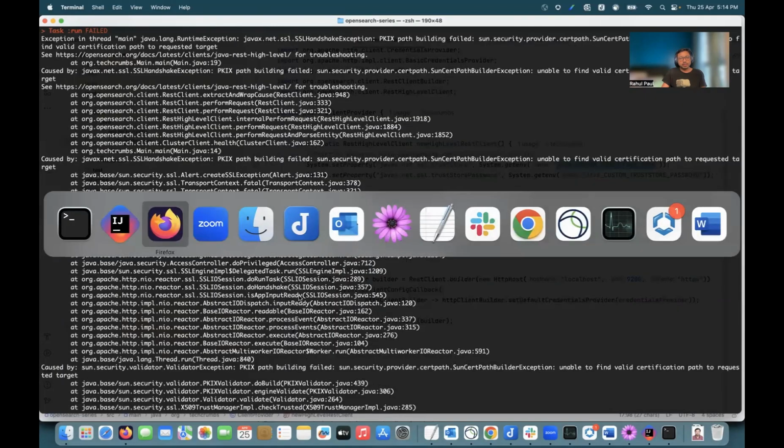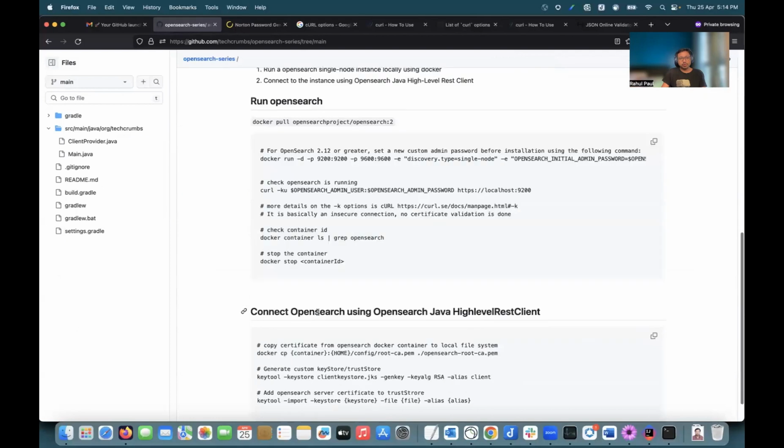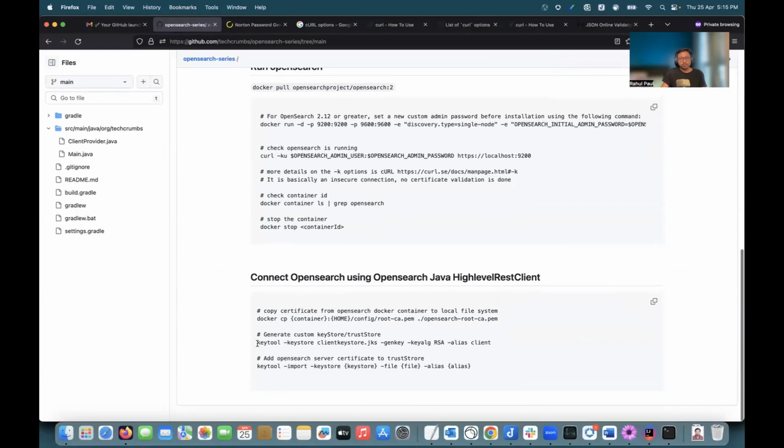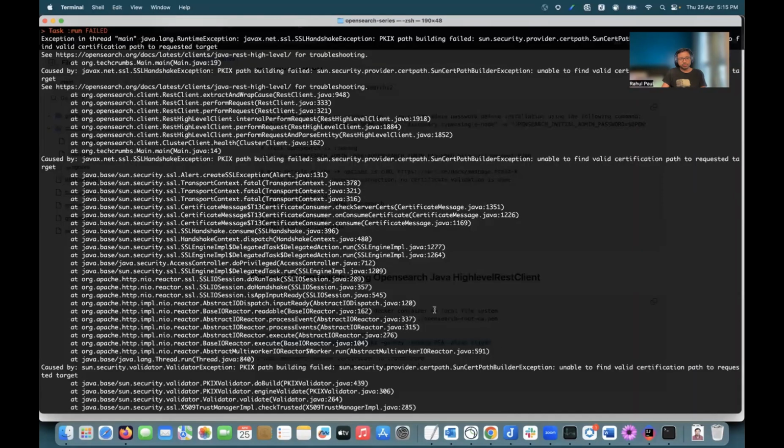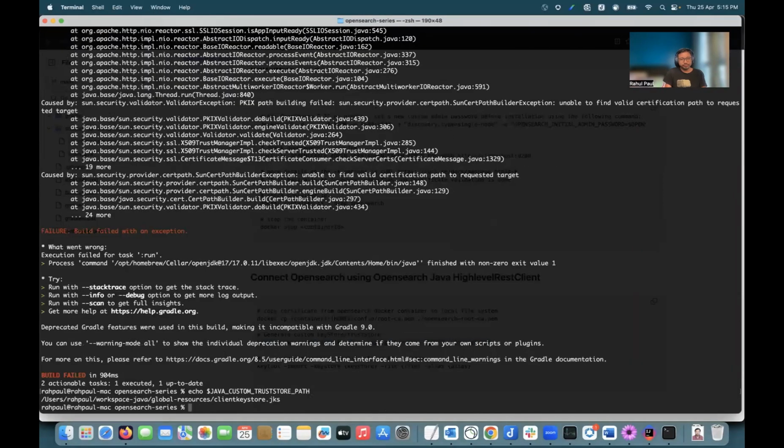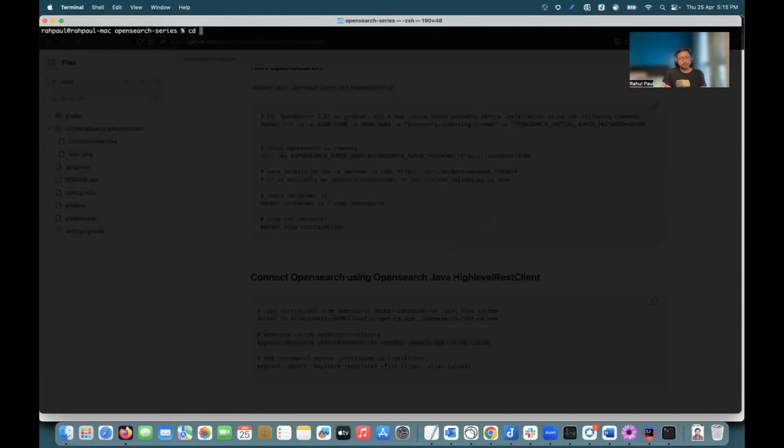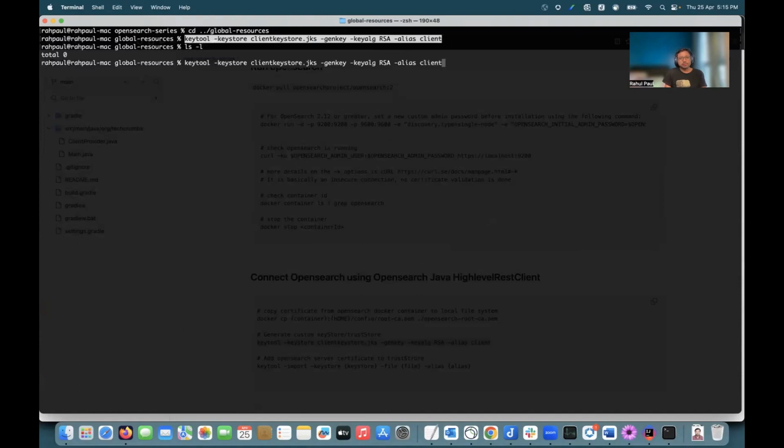We can use the keytool program to create a trust store. This is the command to create the trust store. Actually, we'll create it in a separate directory. We have created a global resources directory where we'll create the trust store. First we'll see that this directory currently is empty. So we'll create the trust store,